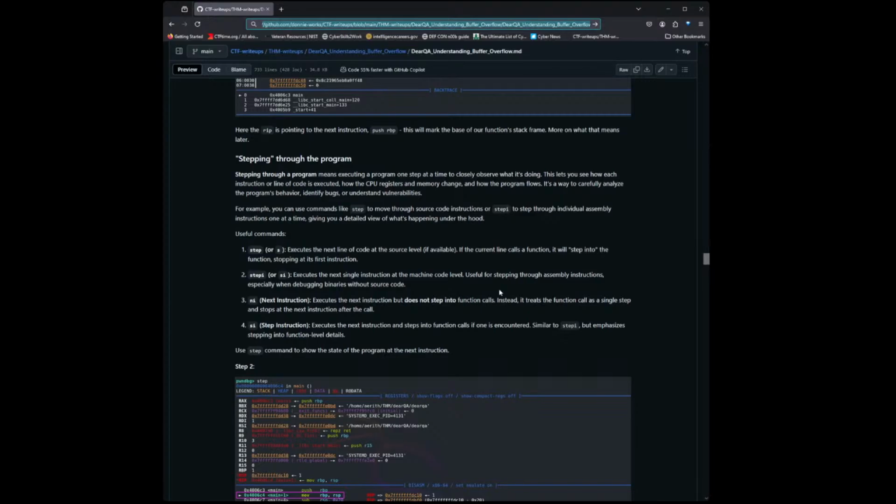Useful for stepping through assembly instructions, especially when debugging binaries without source code. So yeah, an alternative if you don't have the source code. NI, next instruction, executes the next instruction, but does not step into the function. So that's useful because if I did this with this binary before I got a little more proficient with pwndbg,